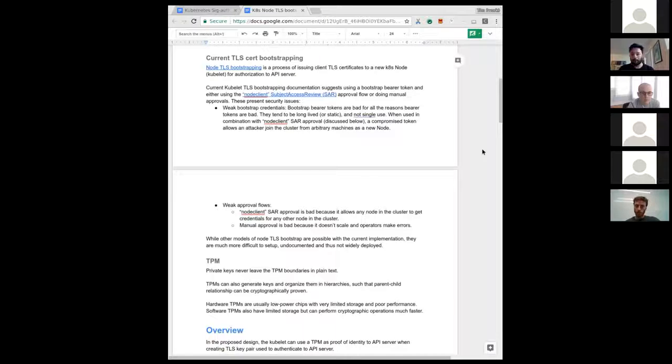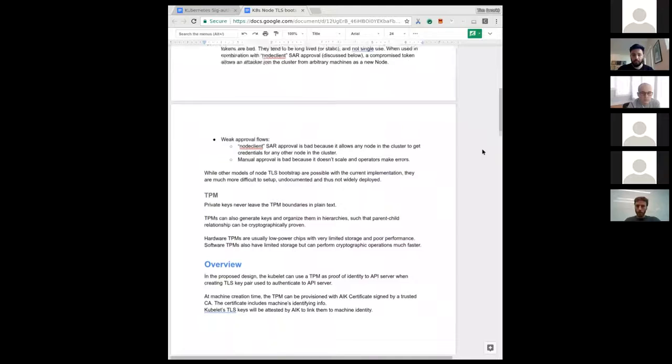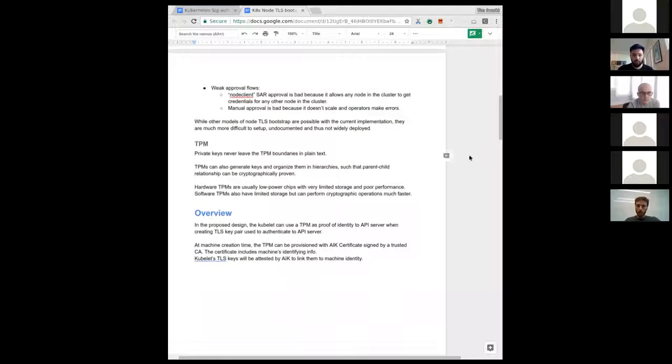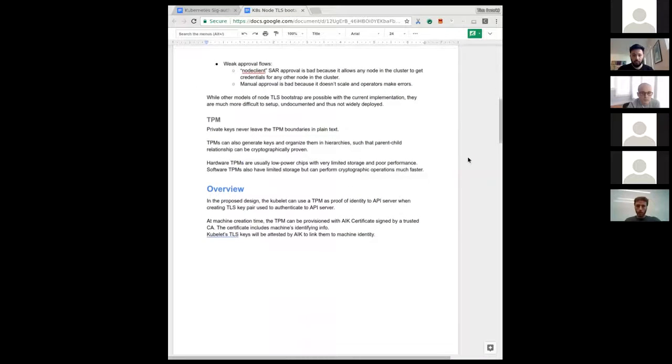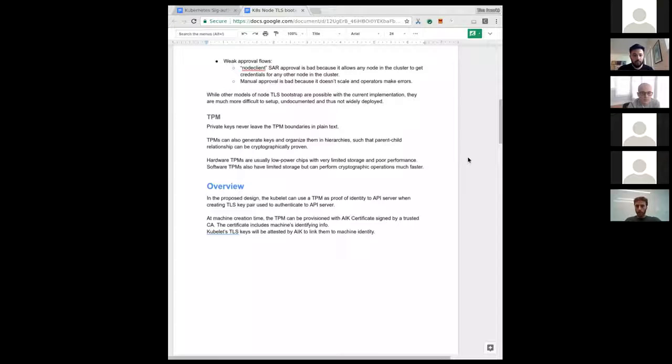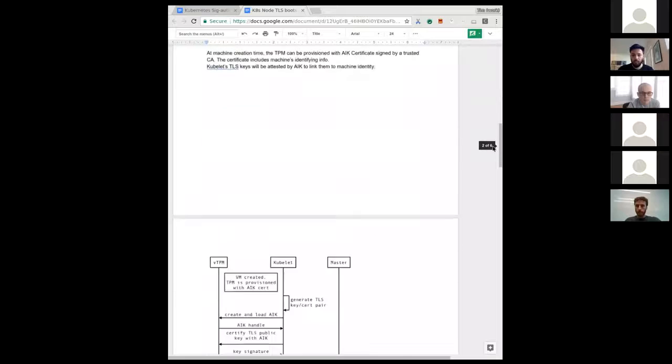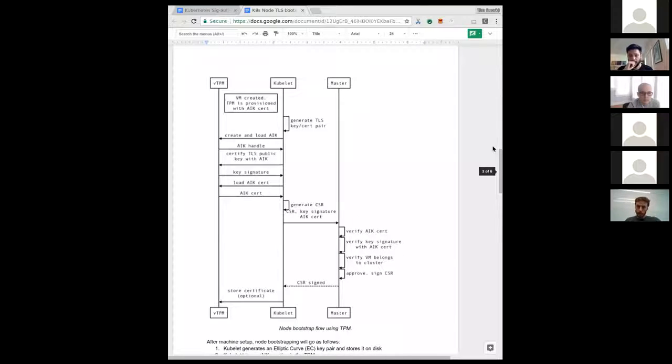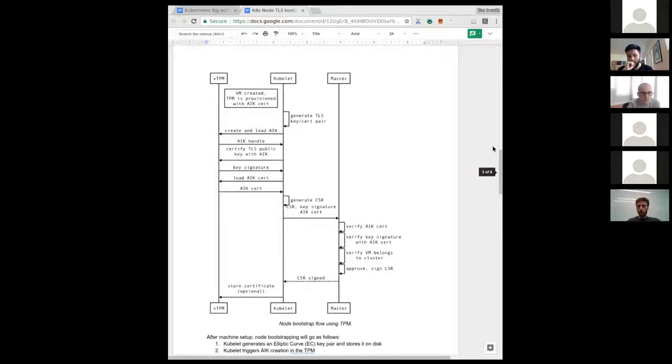The only objections seen so far in the doc were to the proposed way of implementing this directly in the kubelet. Theoretically, yes, it's possible to implement the same thing using an exec authenticator plugin in kubelet, which just does all this TPM magic internally and just spits out a finished certificate and private key. The only concern with that is that